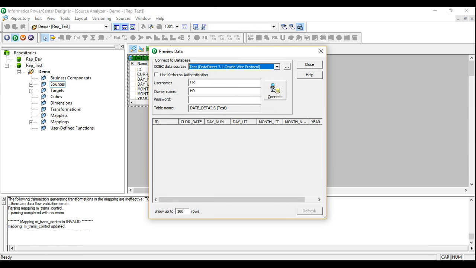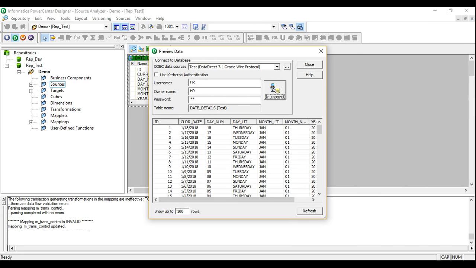Let's preview the data. This date detail has a single record for every single day of the year. If you see, currently we have the data for 2018, what month that particular date belongs to, January, in numeric form, what year it belongs to, what was the day, that kind of stuff. So we want to gather the data for September 2017. In the previous table we only have the date, so we are going to join it with the date table and identify the data for September, and the year should be 2017.